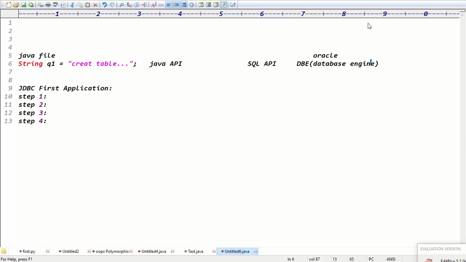That translator is nothing but a driver, guys. The driver is a translator who translates your Java syntax queries into the database syntax format, guys.